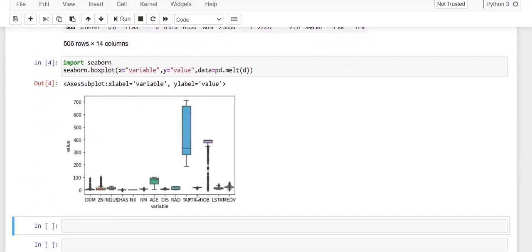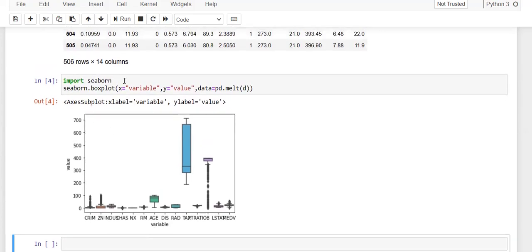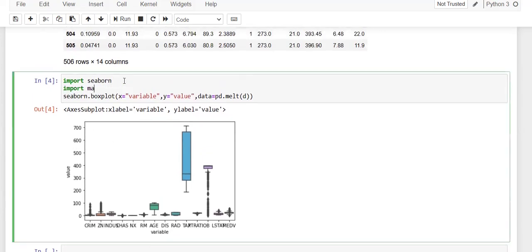And now you can observe, there is still a merge, and I cannot see all the columns correctly. I want to adjust this figure size. If you want to adjust the figure size, you need to import